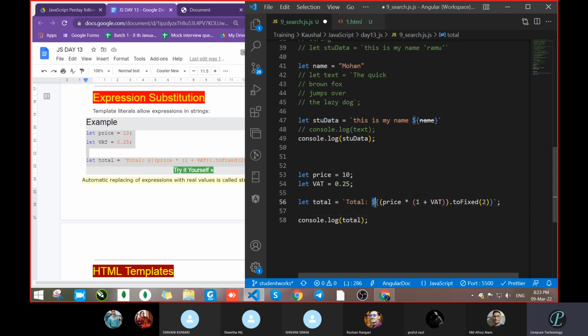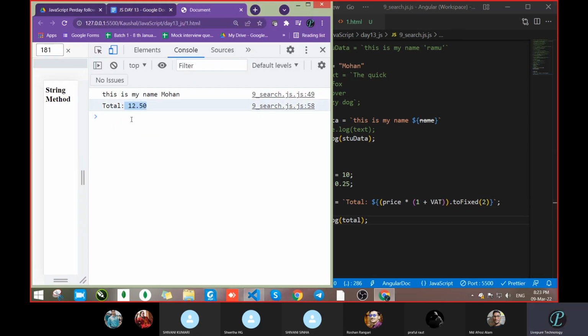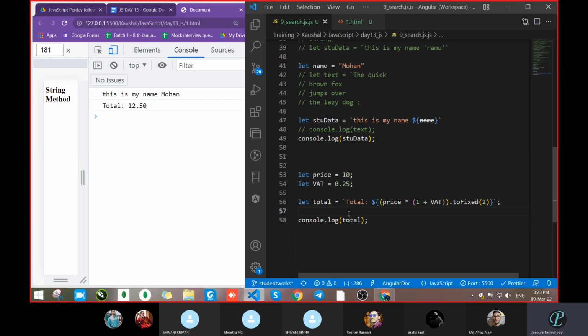After total, due to dollar, it will take the variable part. And see this parenthesis, it will do all the operation. Don't worry regarding toFixed, we will discuss what it is. Price will be taken from the variable part, then one is already hard coded. VAT it will take from the variable, and it will do all that operation and calculate the VAT. Total 12.50. So whatever operation you have to do, you can pass that.